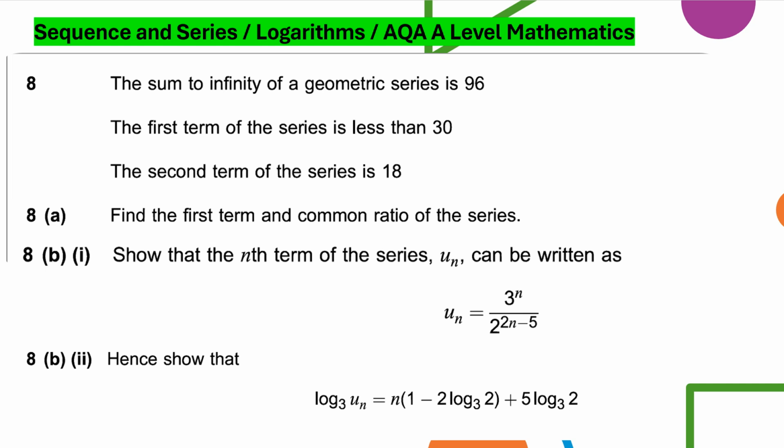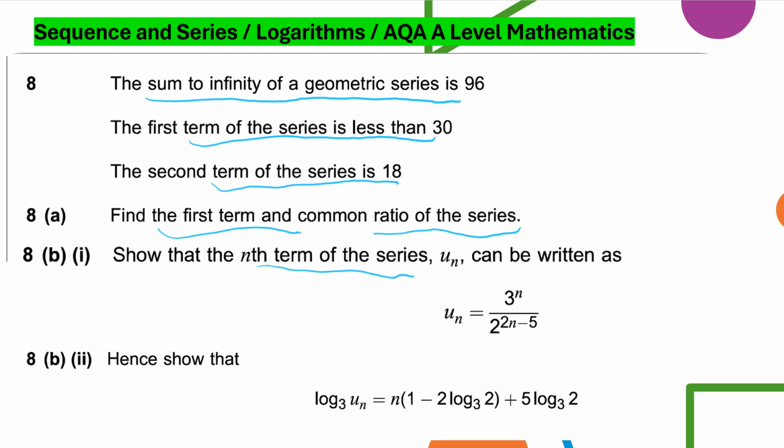Hello everybody. In this question, the sum to infinity of a geometric series is 96, and the first term of the series is less than 30. The second term of the series is 18. So we need to find the first term and the common ratio of the series, and then we show that